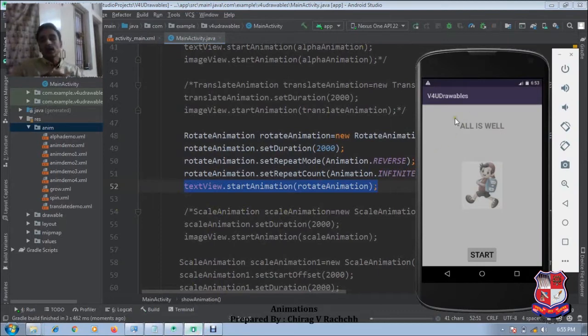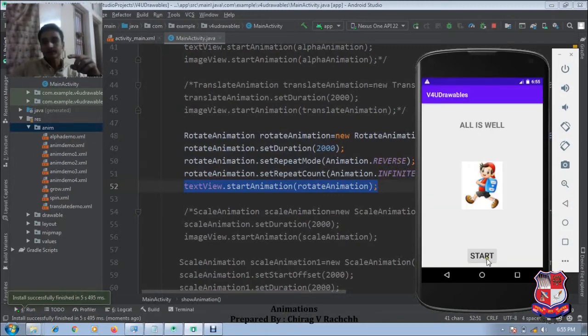So the text view will be rotating for infinite times, and the order of this repeat will be reverse: once right to left, left to right, right to left, left to right, in that manner. Okay, so this is rotation animation.